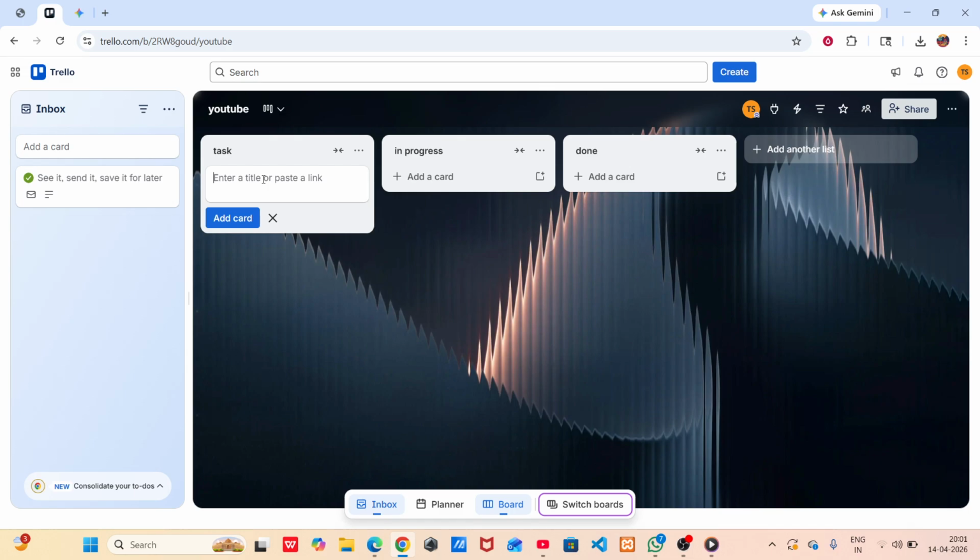With your lists set up, let's move on to adding tasks. Under the Tasks list, you'll see an option that says Add a Card. Click on that and type in the name of your specific task. For example, you might enter Create Thumbnail or Edit Video. Don't forget to press Enter to save the card. Keep going, adding as many tasks as you need for your project until you have a comprehensive view of everything